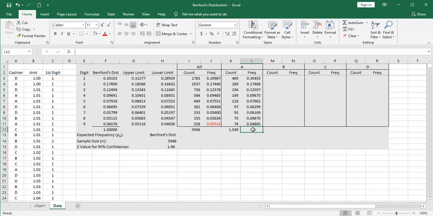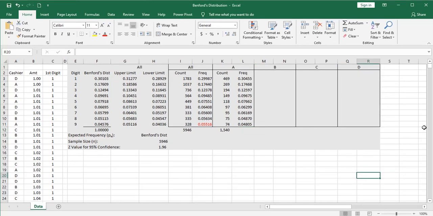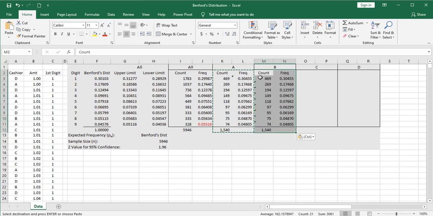I'm going to go ahead and repeat this exercise for the other 3 cashiers. So a really easy way to do this is to just simply copy cashier A's data and formulas over here. And then ask yourself, what's changing here? We still want to look for 1s in the same range. The only thing that's really changing is this equals A needs to be changed to equals B. So I'm going to use the find and replace